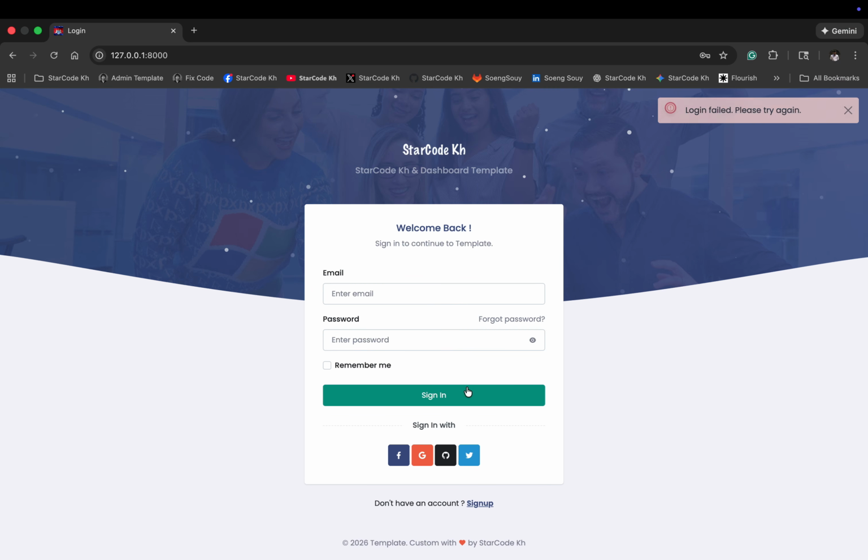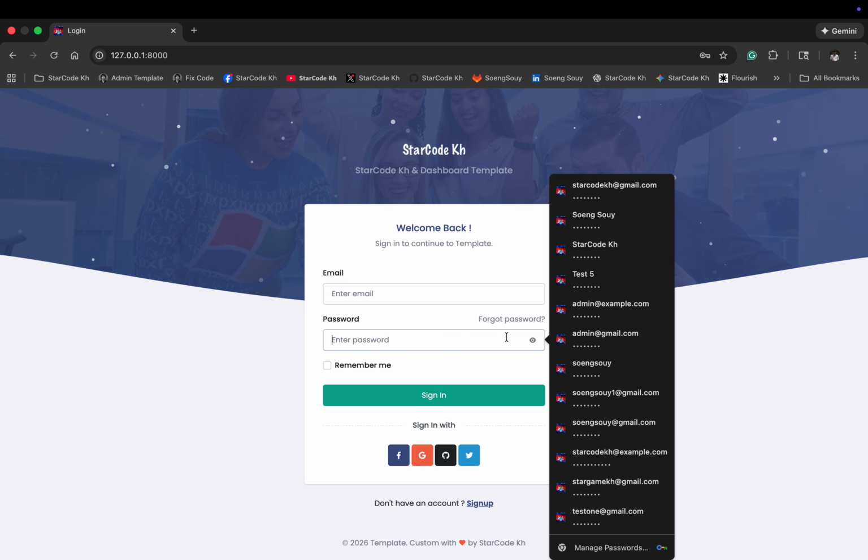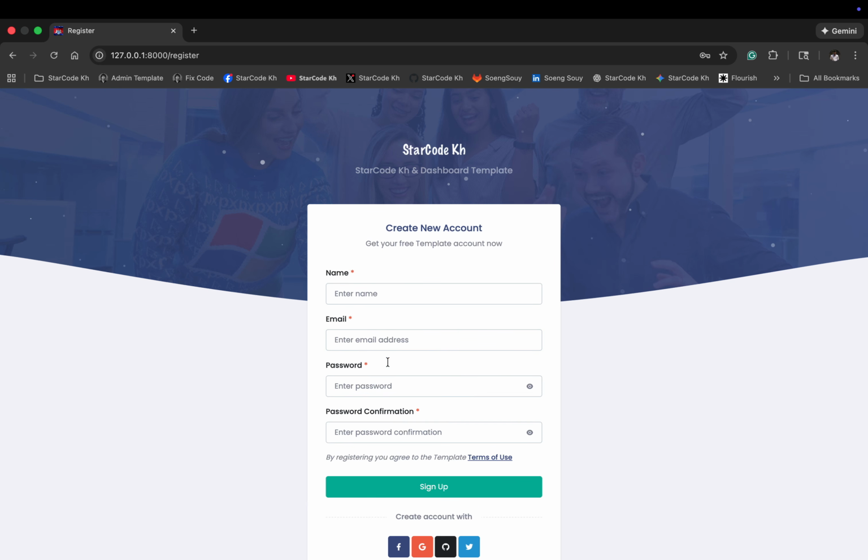in. When the login credentials are incorrect, the login attempt fails because the account has not been registered yet. Here, we fill in the registration form with the required information, such as the name, email, and password. However, the registration does not work yet because the database migrations have not been run, so the required tables have